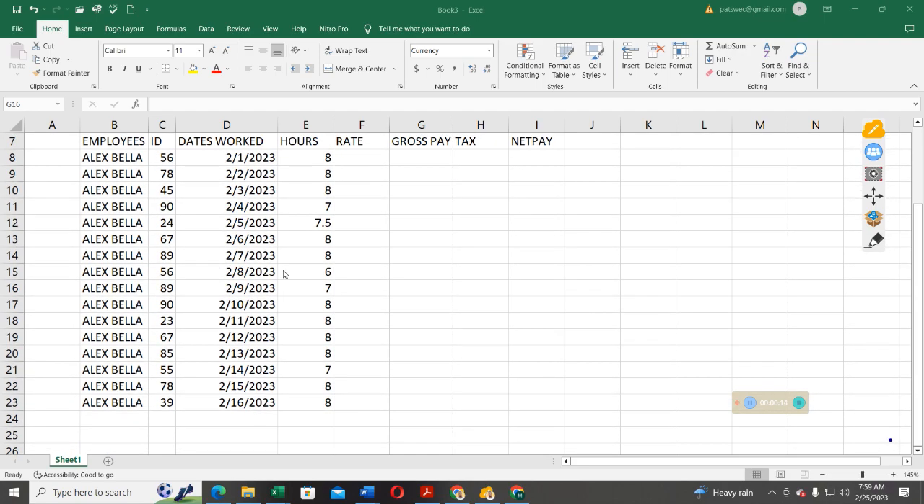Here is an example of sample data that was drafted for an employee called Alex Bella, who worked on several dates, and each date has corresponding hours. Then we are going to give the rate at which he was paid. We shall first calculate the gross pay, the tax, and the net pay. Then, after getting all that, we shall put all this information into a table and look at different ways we